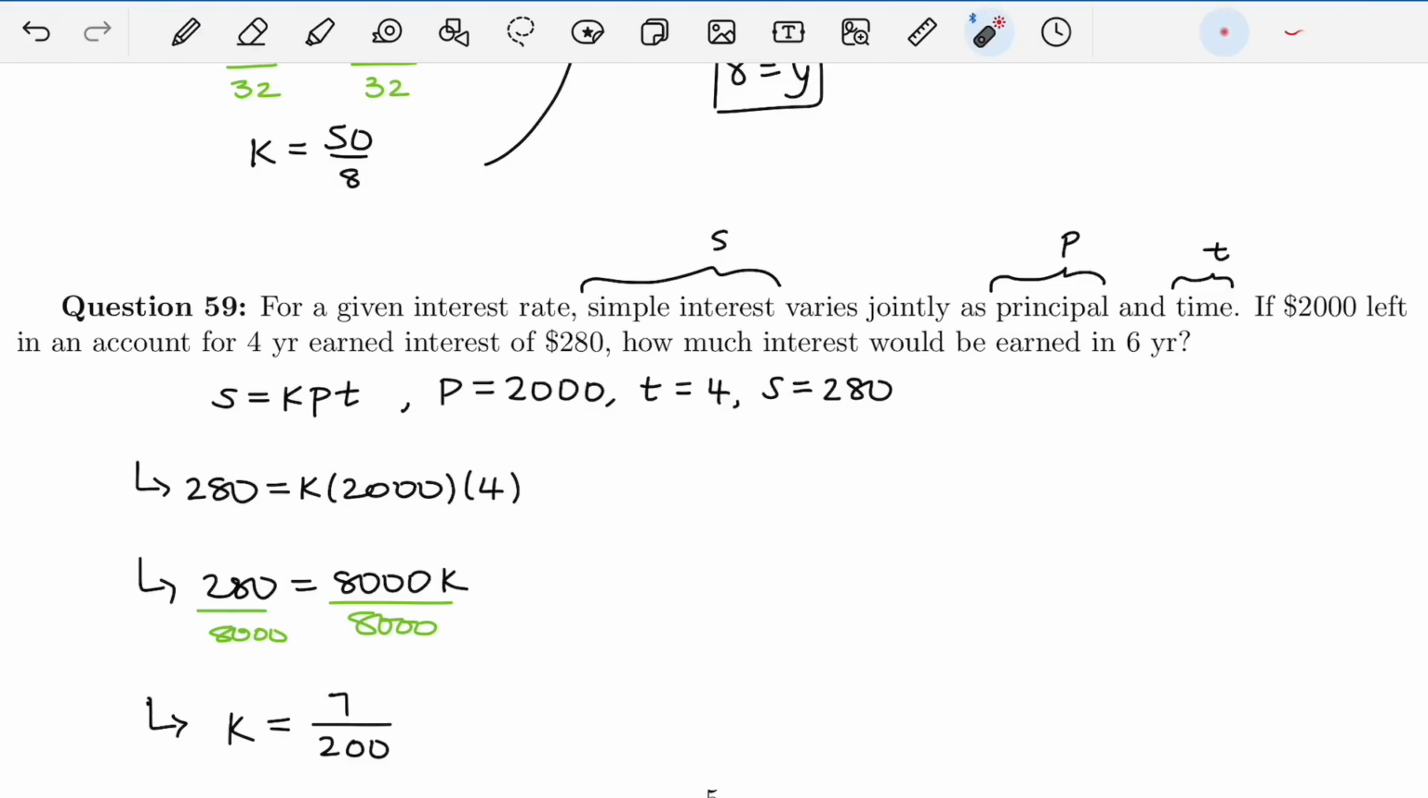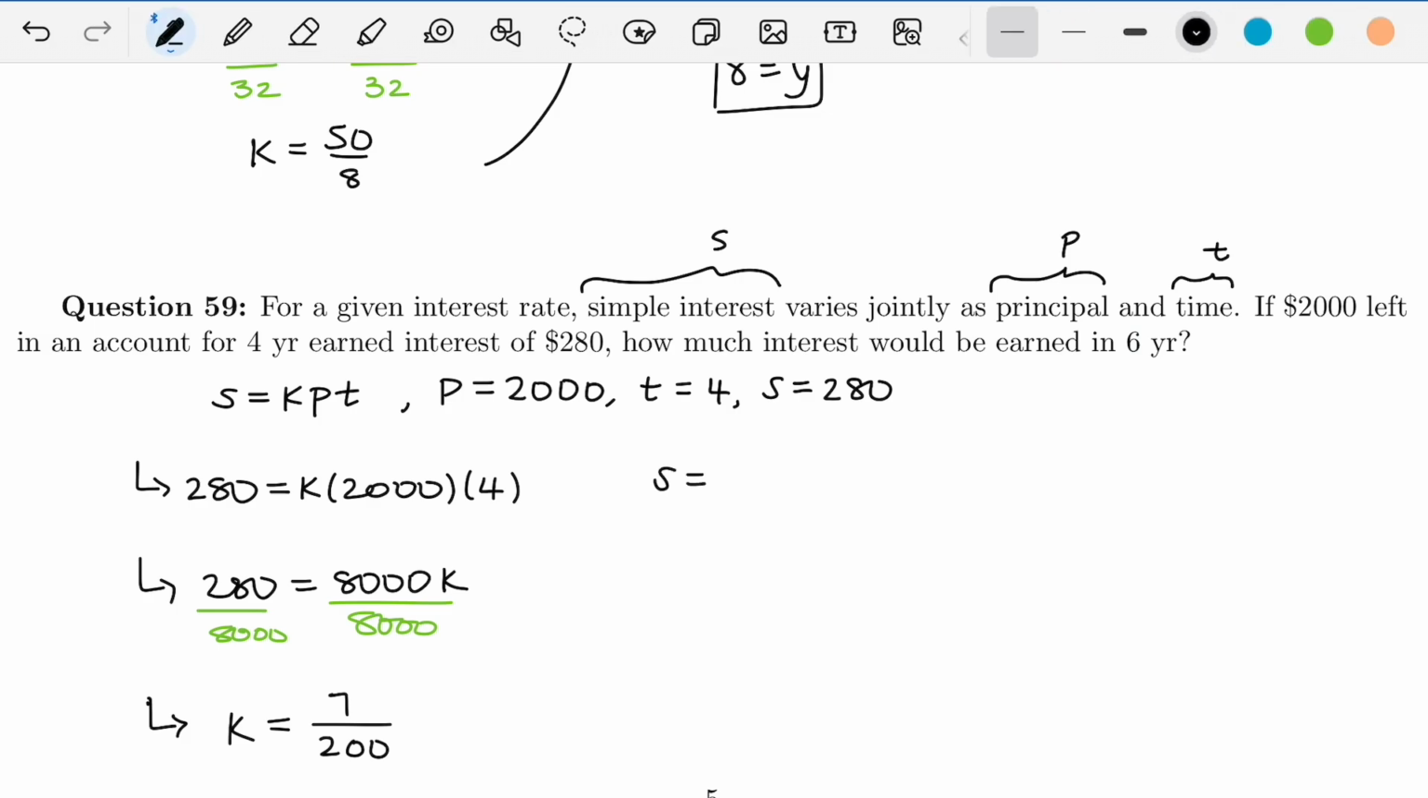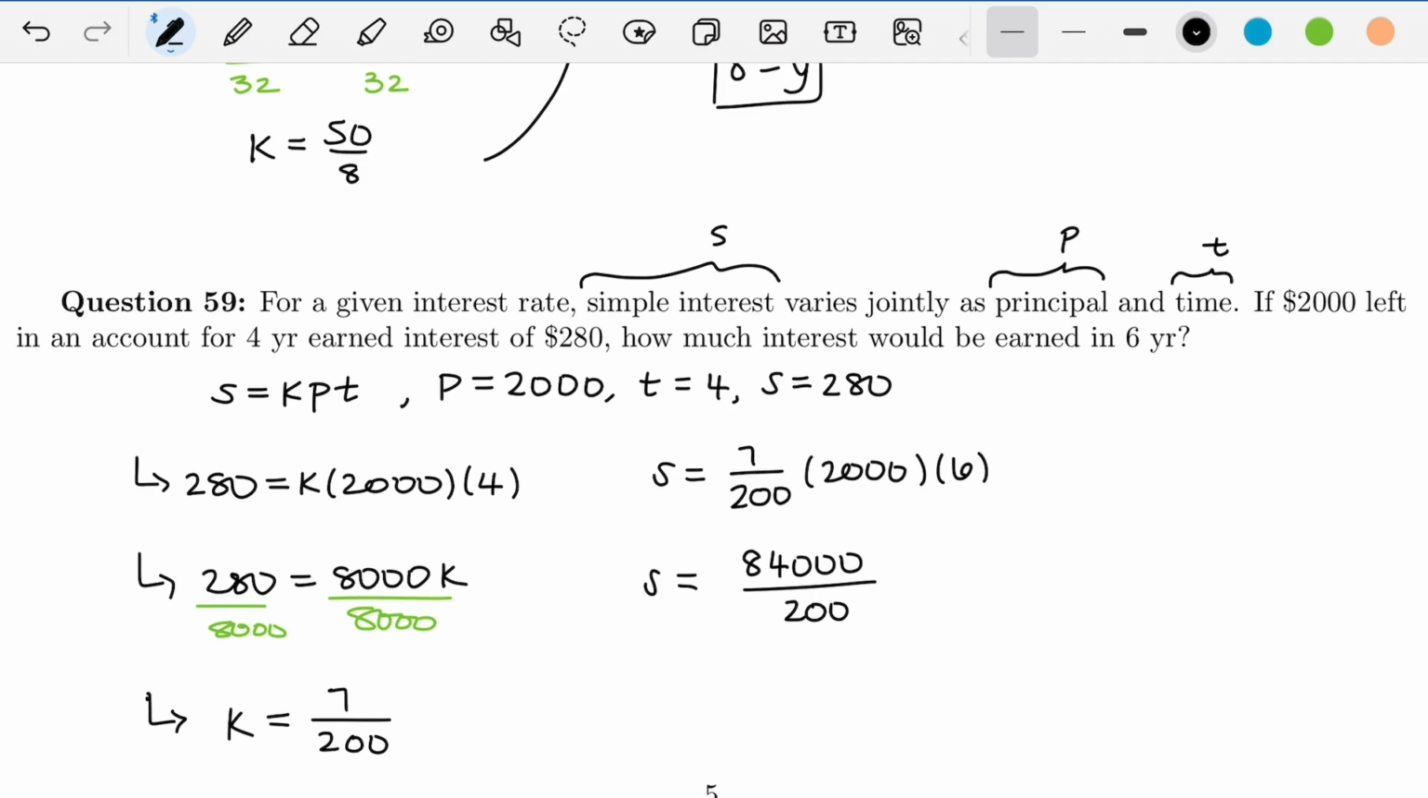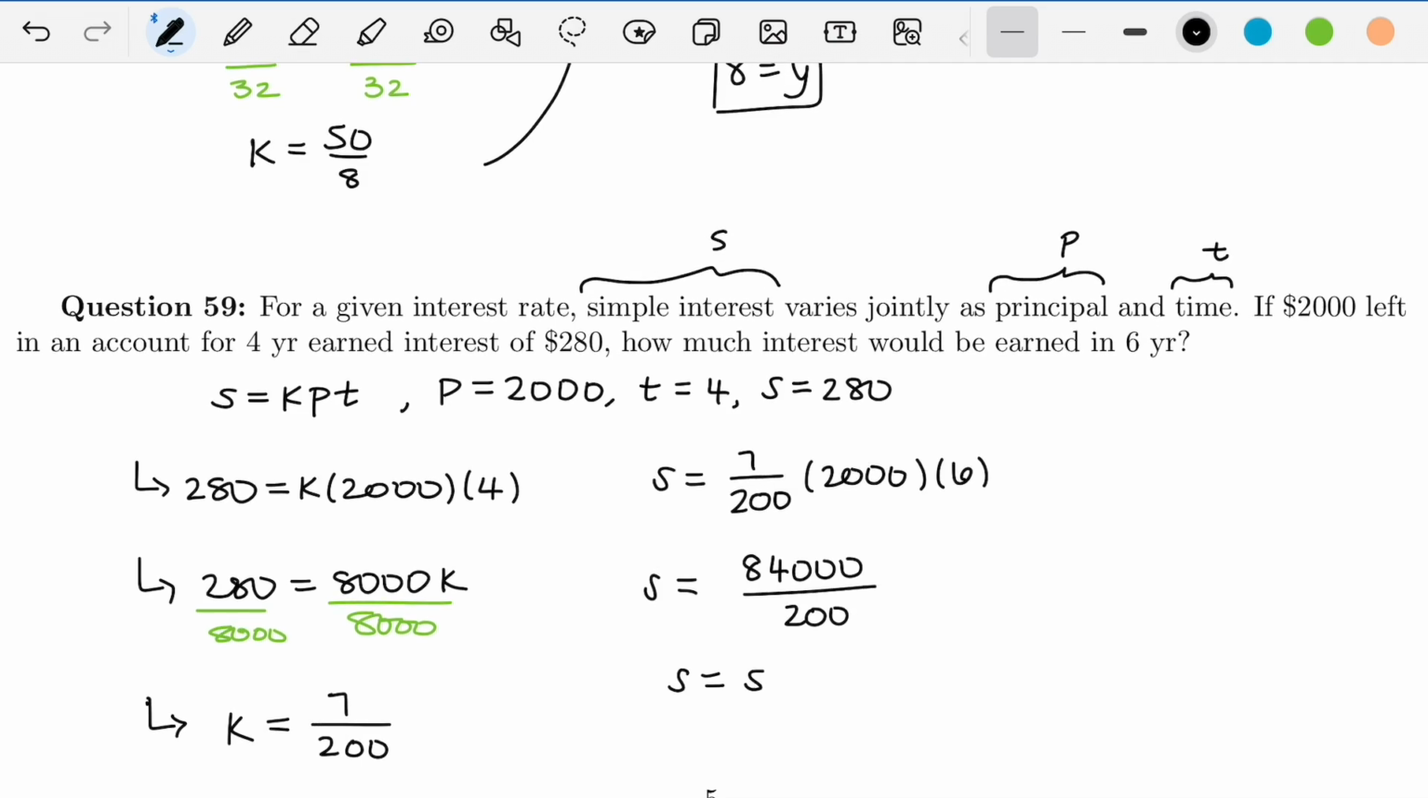Now we want to figure out what S would be equal to if our t is equal to 6. So we're going to plug in this given information here. Our constant of variation is this here. And we're still starting with this principal amount of $2,000, but now we're dealing with 6 years. So we're going to end up with multiplying this out. We're going to get this guy here, and then reducing this, we're going to find that our simple interest is going to be